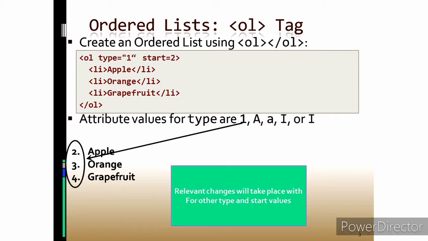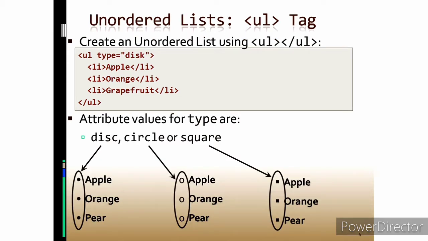Now here again we have one more, that is the unordered list. An unordered list is similar to the bullets which we use for list items. Again we have taken the same content with apple, orange and grapefruit. Here in place of OL we have to use the UL tag, and since it is a container tag you need both switches, the on switch and the off switch. Your on switch is UL and slash UL is your off switch.